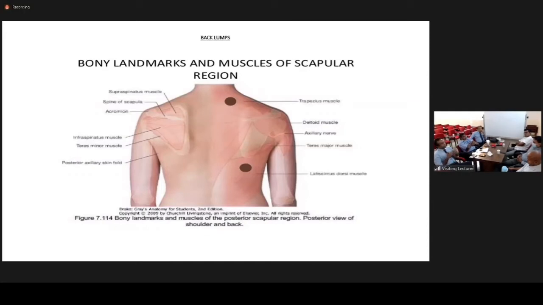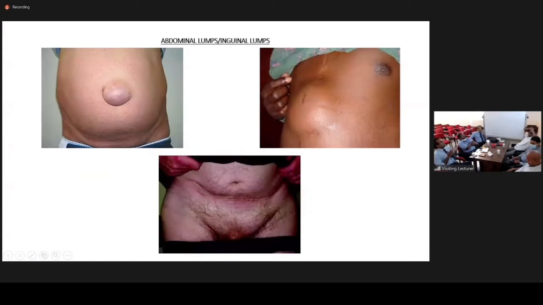Okay, so now, for example, on the right, there is a lump at the back near the tip of the right scapula. Right? So at least that level of clinical accuracy should be there. Okay, so you need to know the anatomical landmarks, right? Can we move on to the next slide? Yeah. So again, as you see, now there is a lump in the umbilical region. Okay. So what we do here will be the hernia examination. You will not be eliciting all those 9 signs as Sundar said.